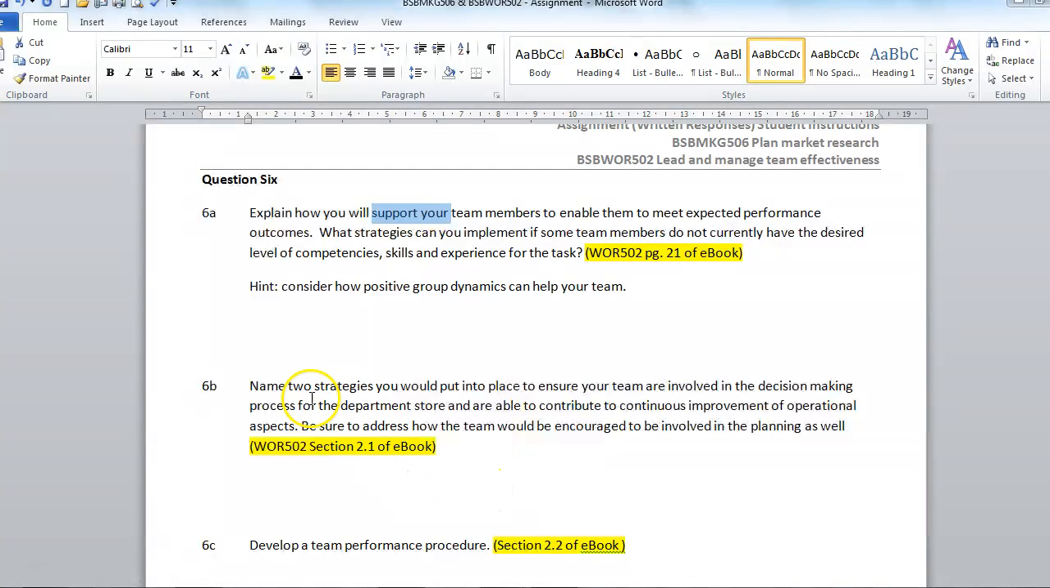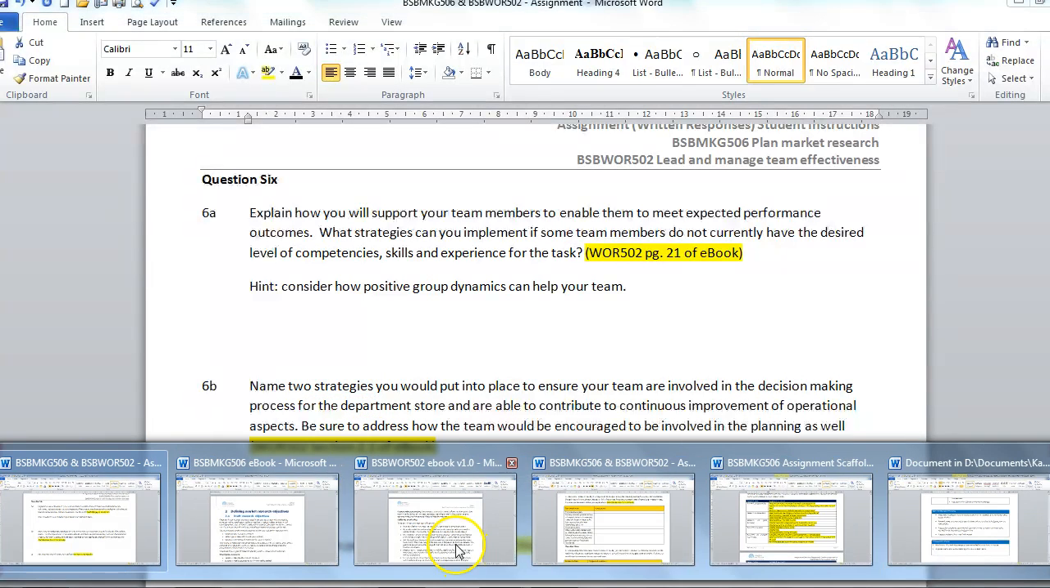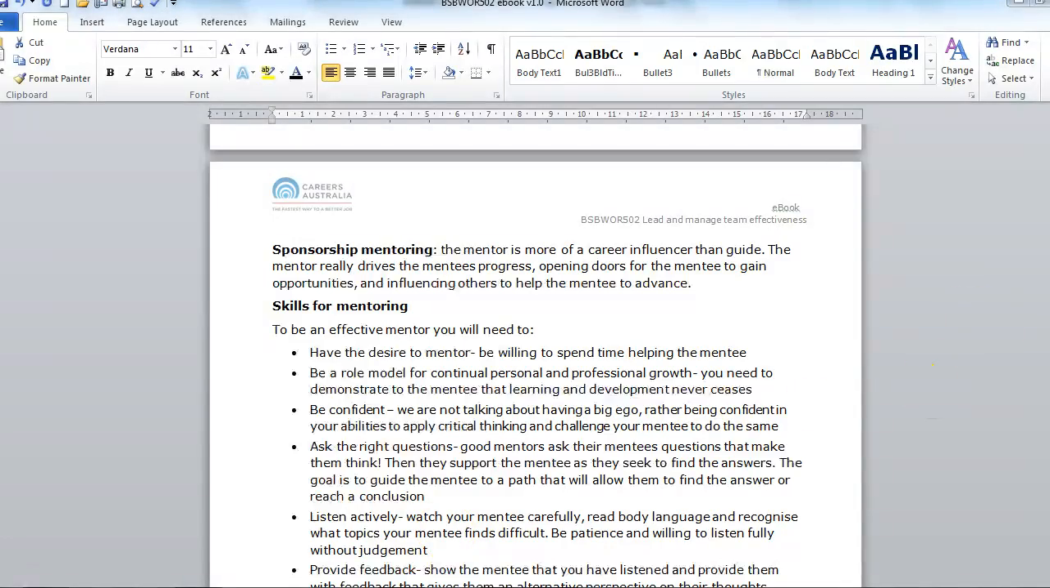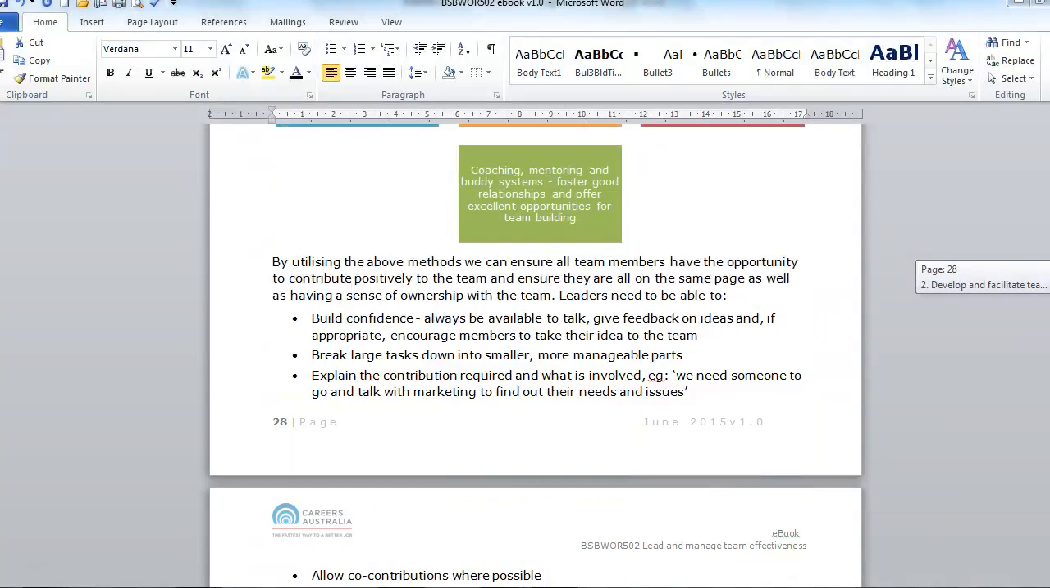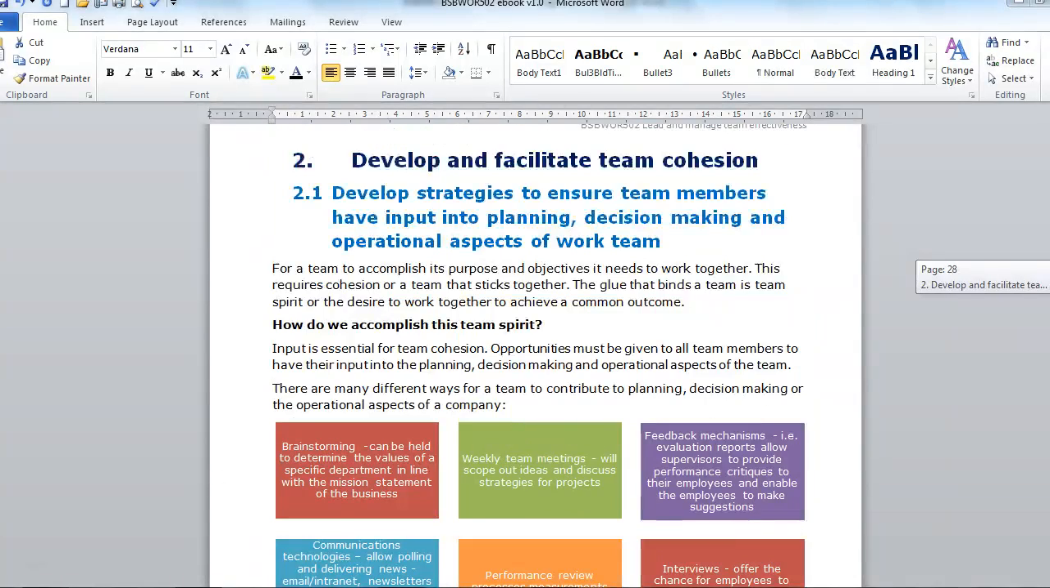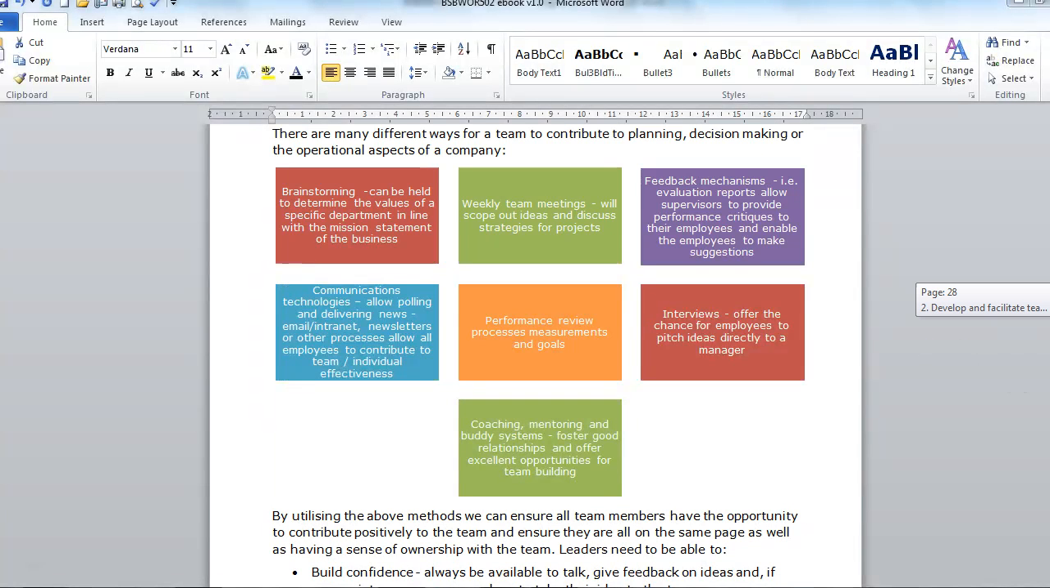Then 6B, name 2 strategies you would put into place to ensure your team are involved in the decision-making process. So this is section 2.1. Go to the correct ebook this time. Okay, so this is section 2.1. Okay, so you can use some of these things here, like brainstorming, weekly team meetings, making sure people can